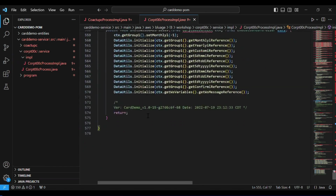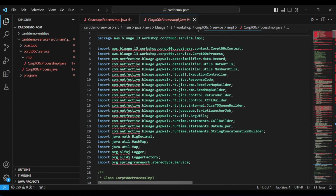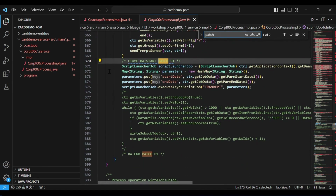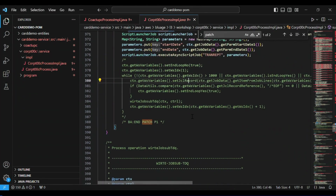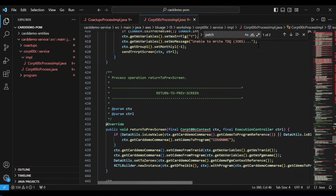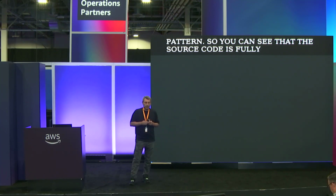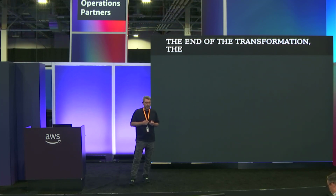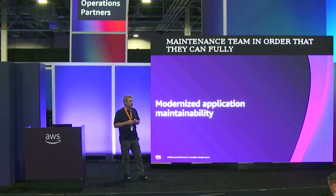So here we are going to look in the source code at the patch that we have defined and want to apply. We are going to search for the keyword patch, and we can see that the source code has been generated in the command part, but replaced by the source code we wanted to apply for this pattern. So you can see that the source code is fully readable, and the way we do the transformation is by making, at the end of the transformation, a handover to the future maintenance team